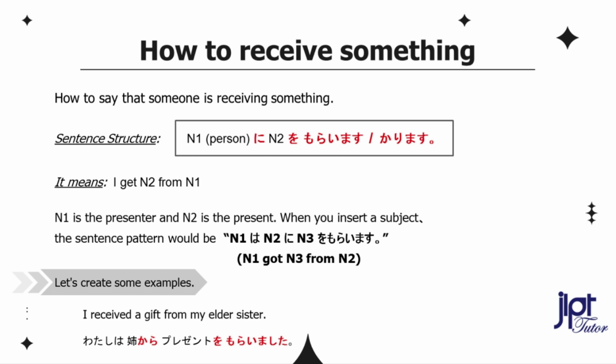Let's create some examples. I received a gift from my elder sister. 私は姉からプレゼントをもらいました。 I borrowed a video from him. 私は彼にビデオを借りました。